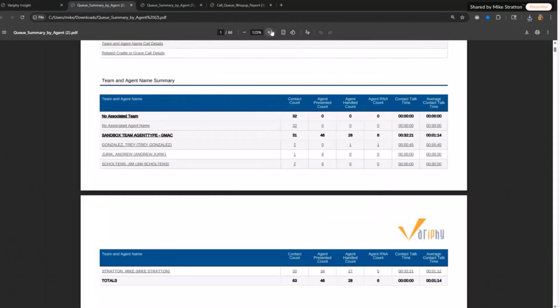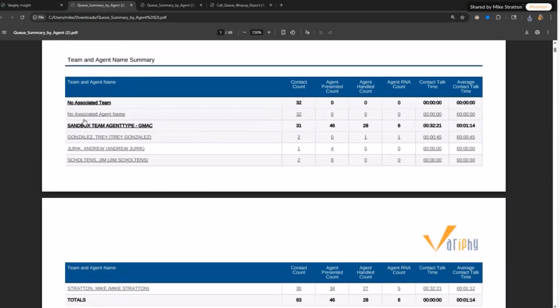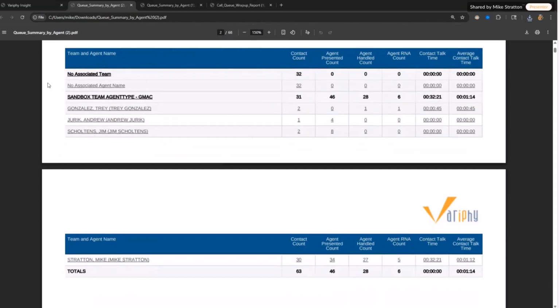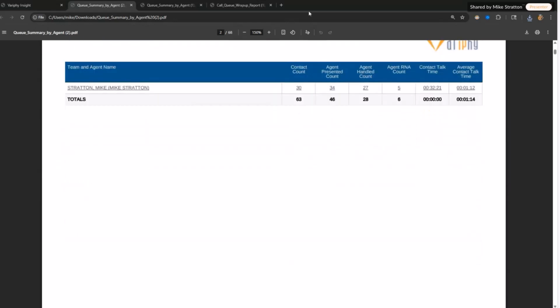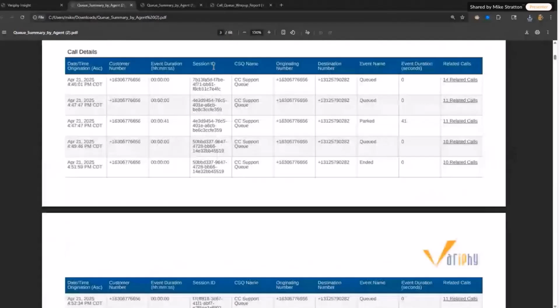And so here's the same reports. Now we have some calls that aren't associated to a team. We have some calls that are going to the agents, and we can see. So here's my sandbox team, and then we can get the breakdown. Same thing as before. So basically the same report. And then jumping down, we have the detail for each agent, and then we can get to the cradle to